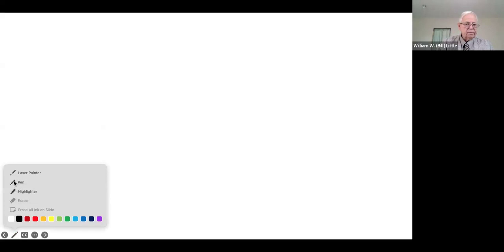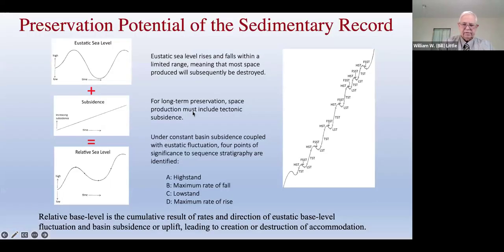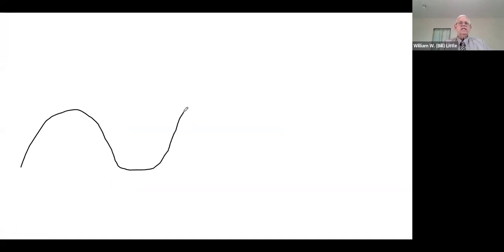All right. The idea here is that we have a sea level curve. Sea level goes up, space is produced for sediment, sea level comes down, and that space is lost, and it comes up again, and so forth. There is a limit to how high sea level can rise and how far it can fall. And so for a given area,